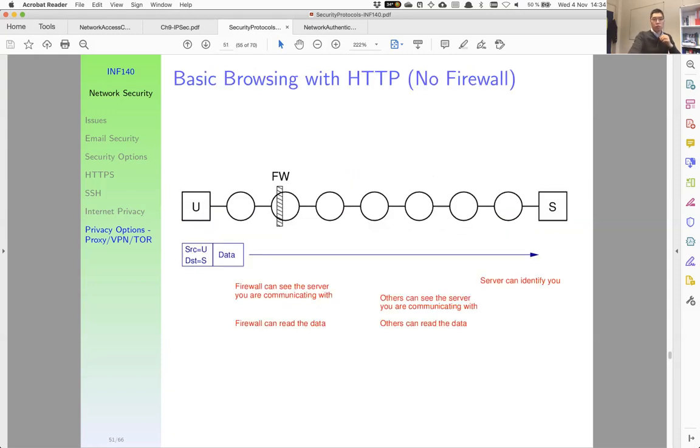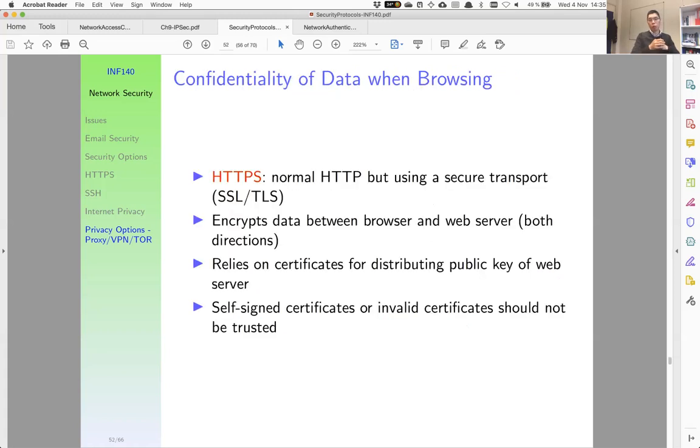And also here, the data itself is in plain text form. It means all the routers in between can see the content of the data. And now you see it's both the confidentiality of the data and also the privacy of this user's device can be seen by all the intermediate routers. So for security, we would like to apply SSL or TLS, this protocol to provide security